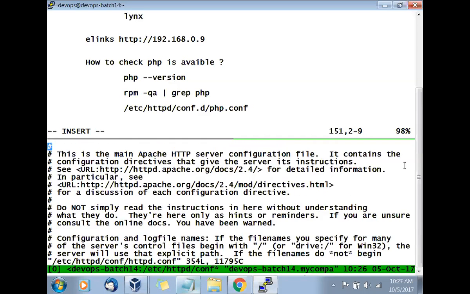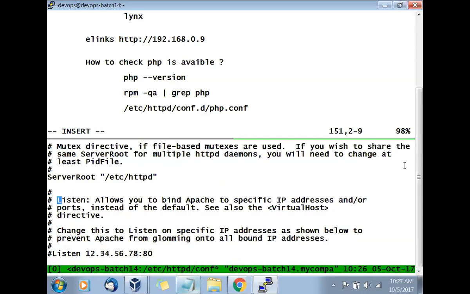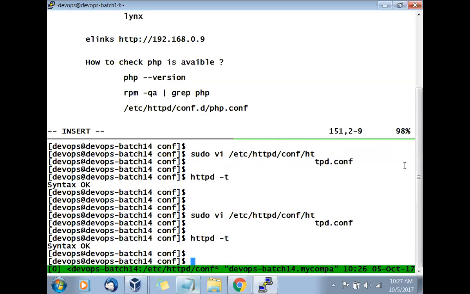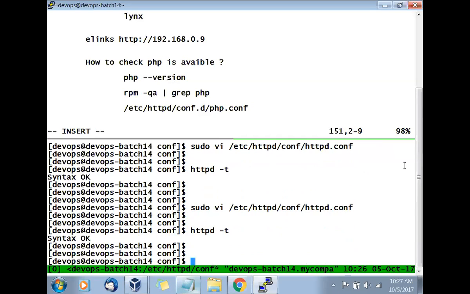Let's go back. Let's go to the Listen parameter. Now, what is our Listen parameter? 8080. By mistake, if you type 8081, who is responsible? The DevOps engineer will be responsible. If I run -t, it will still say Syntax OK because technically everything is correct.